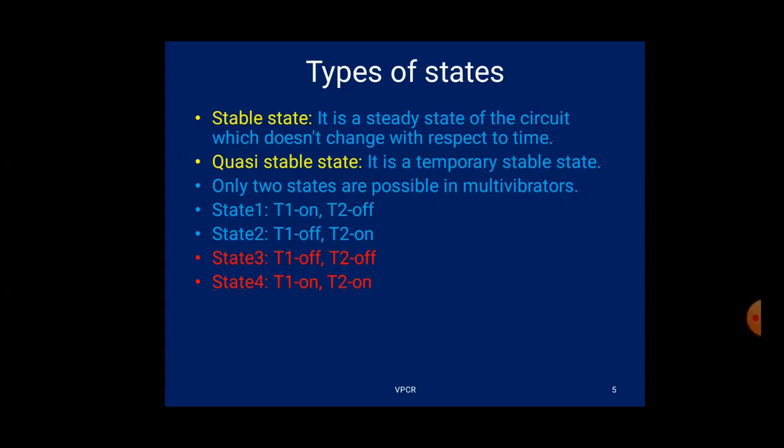You never come across off-off or on-on except in the transition time. During the transition time you may have that, but it is very little, and only during the transition. Okay, so this is the second clarity. That means the multivibrator has only two states: on-off and off-on. We will be seeing this with the help of a circuit diagram, but I am explaining this from the definition.